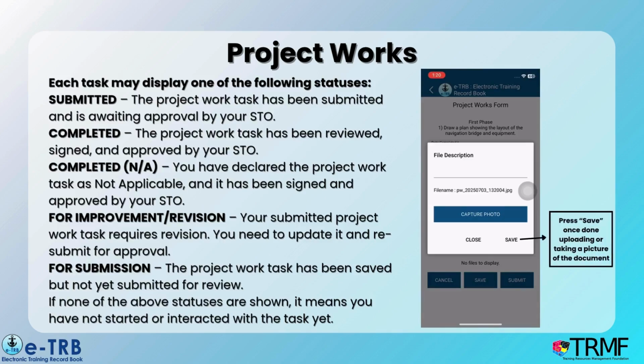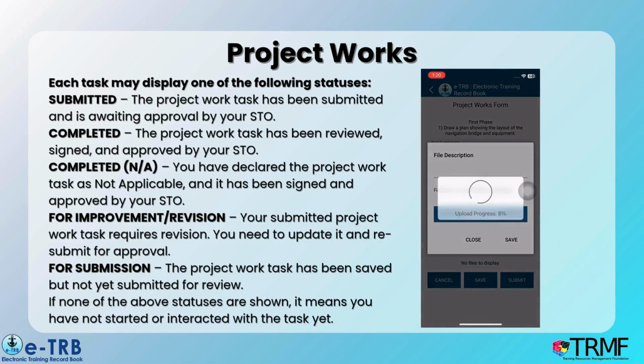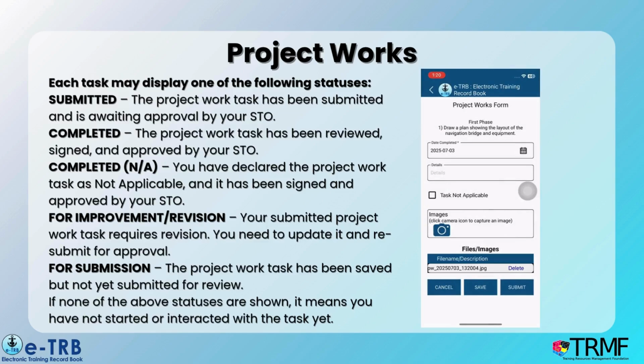Each task may display one of the following statuses. Submitted. The project work task has been submitted and is awaiting approval by your STO. Completed. The project work task has been reviewed, signed, and approved by your STO. Completed NA. You have declared the project work task as not applicable, and it has been signed and approved by